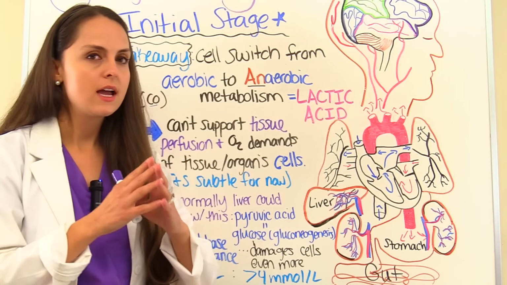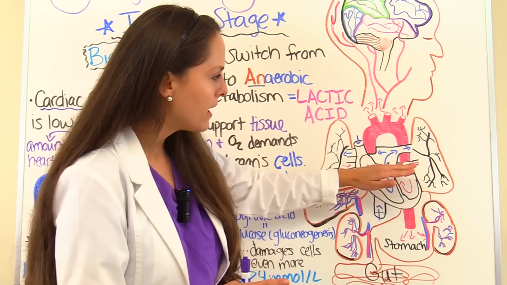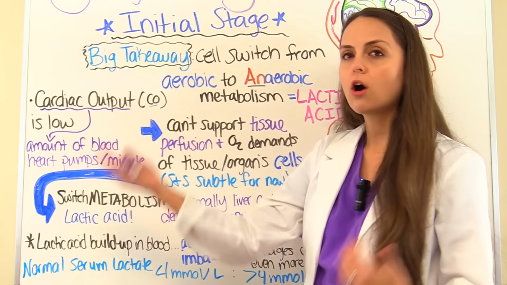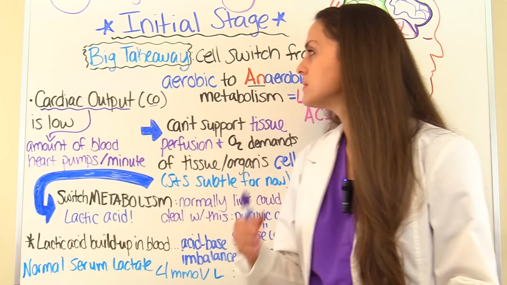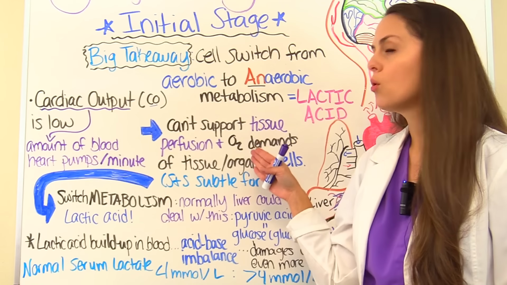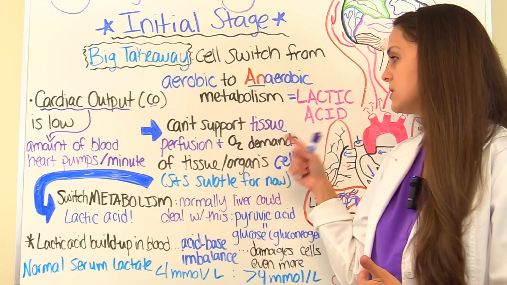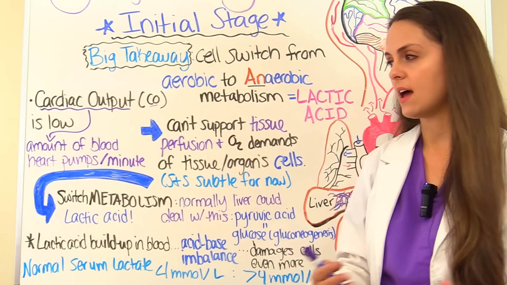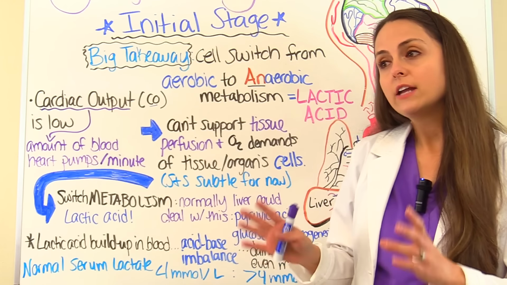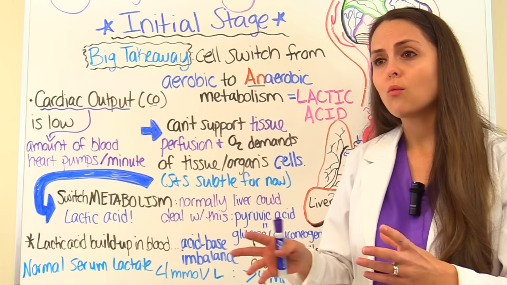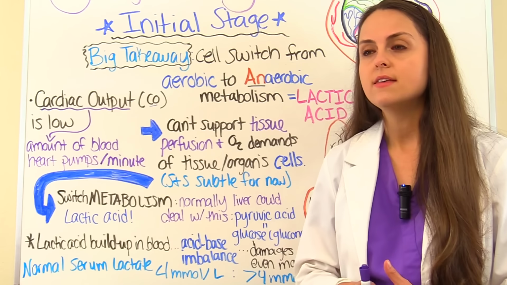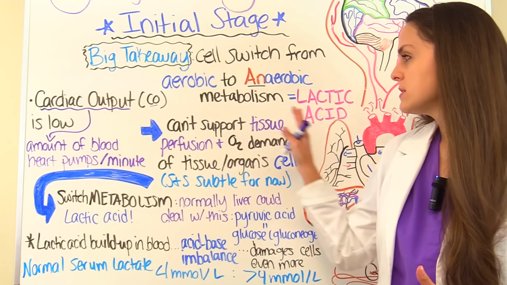So if a patient has lost a lot of fluid, what's that heart pumping? It's not really pumping anything. So cardiac output has become low. And again, cardiac output is just the amount of blood the heart pumps per minute. So when our cardiac output drops, it can't support tissue perfusion and the oxygen demands of the tissues, organs, and cells. And whenever this happens in this first initial stage, the signs and symptoms in your shock patient are very subtle. They're not going to be outright obvious compared to those other stages like the compensatory, especially progressive, and then the last stage, the refractory. So subtle signs and symptoms.